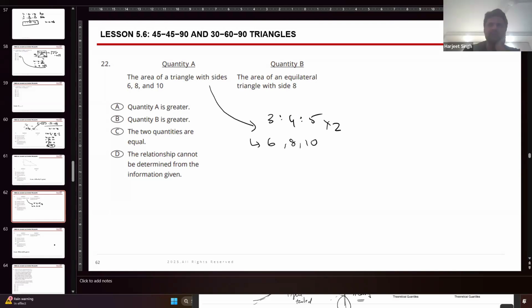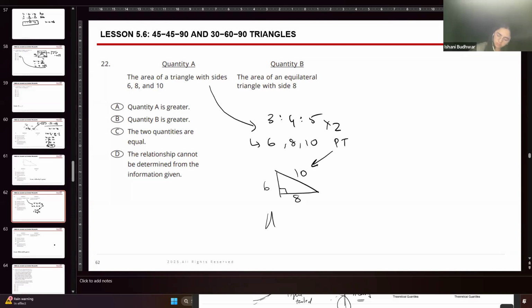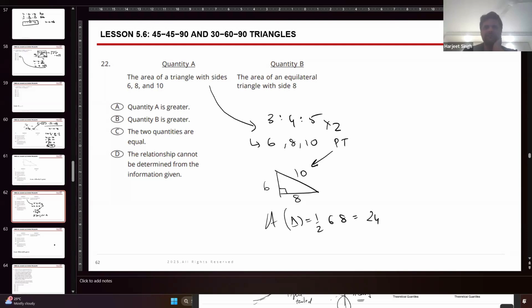So since this is a Pythagoras triplet, can I say it's a right angle triangle with the legs as 6 and 8 and the highest side as the hypotenuse, which is 10. So area of a triangle will be half into base into height, which is 24. So that's quantity A, and for quantity B,